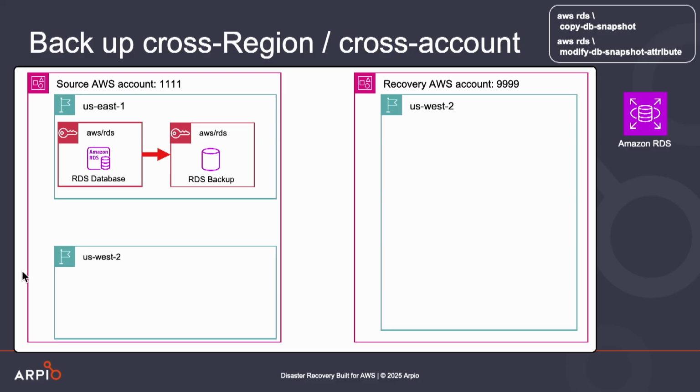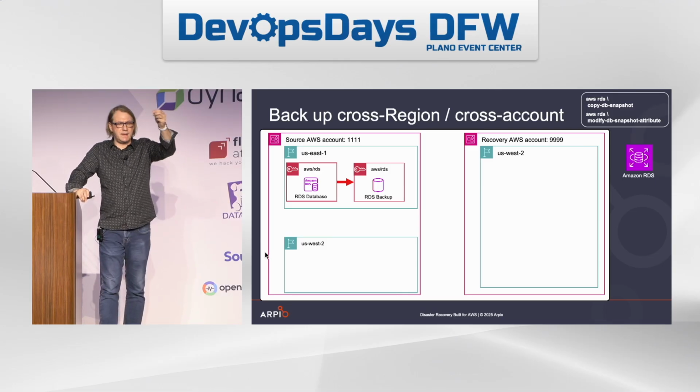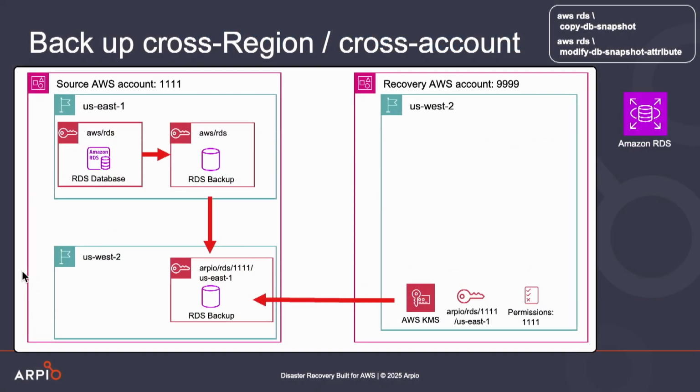Okay, first of all, we need to get that data cross-region, cross-account. I keep saying that because it's so important, right? So you have a database sitting up here in your source workload. It's sitting in your source account, source region, and it's easy enough to make a backup in the same place, right? So the backup's in the same region, same account, and that backup is being encrypted using an AWS managed KMS key. So now, as I told you before, we can't copy it directly cross-region, cross-account. We're going to take this intermediate step. We're going to copy it down here. We're going to copy it into the cross-region same account.